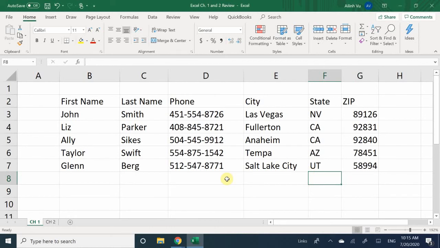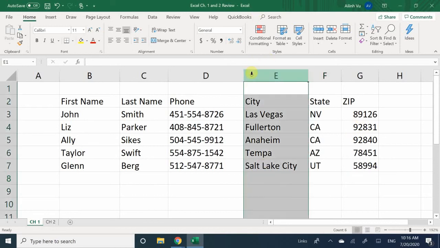Now, other things. Let's say you filled out your table and then all of a sudden you forgot to insert a column. You forgot, oh shoot, I have the city and the state and the zip code, but I have no address. What you can do is, if you're adding a row of cells or a column of cells,